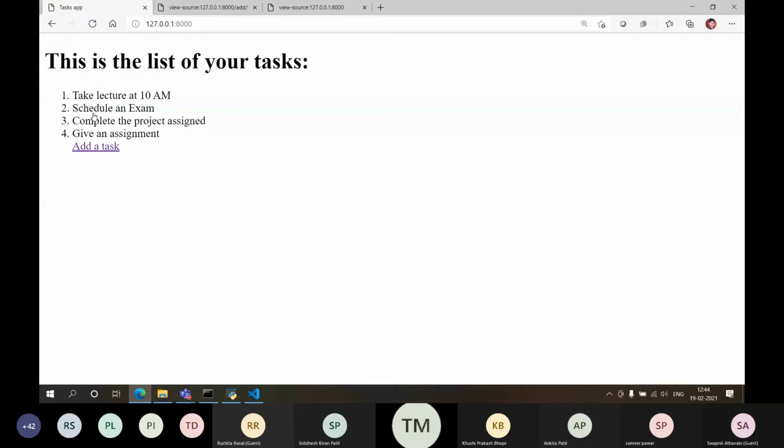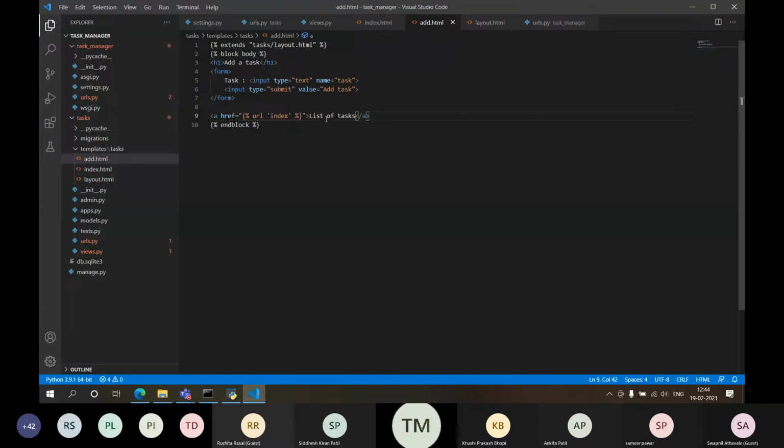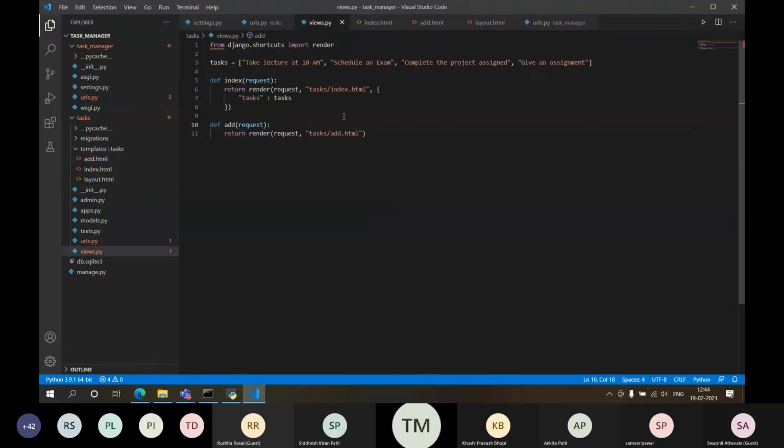Okay, so let's write some code to add a task. Now go over here, views. Let's get the task. So task is equal to, now I have this request method, right?